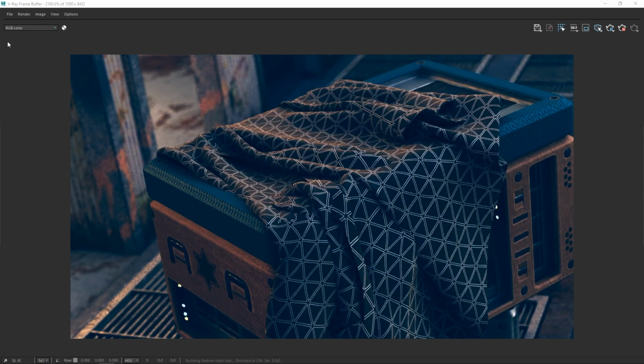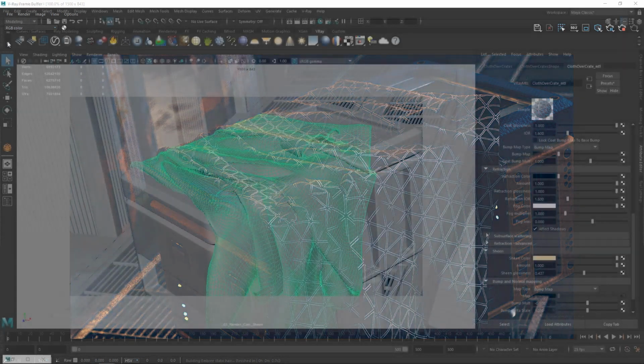Okay, great. Now you can see that the fabric is looking much more like cloth thanks to the sheen layer, which is giving it a nice additional warm glow across the folds in the top left, and adding a natural-looking fall-off effect. Altogether, the new sheen parameters make it incredibly easy to give our material the soft reflective character of fabric without any need for complex shaders, so that we can work faster while getting realistic-looking results. Now that we've explored